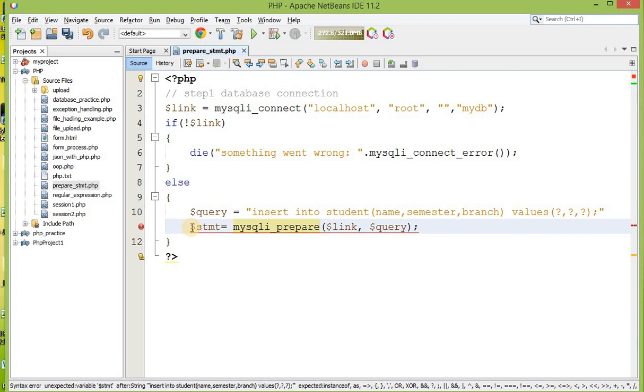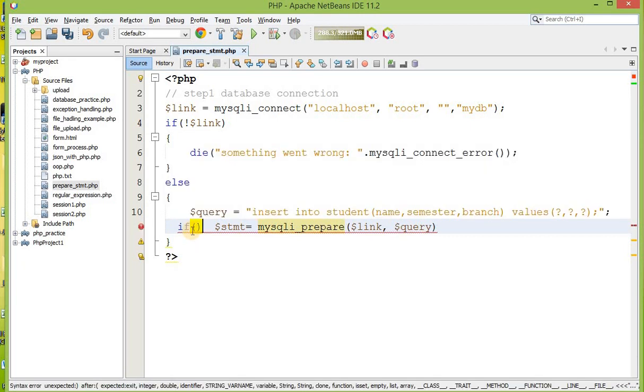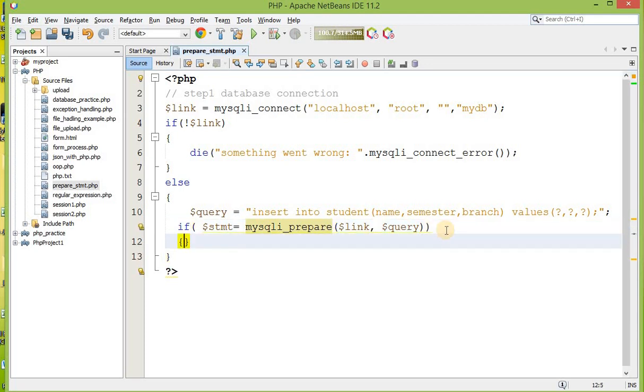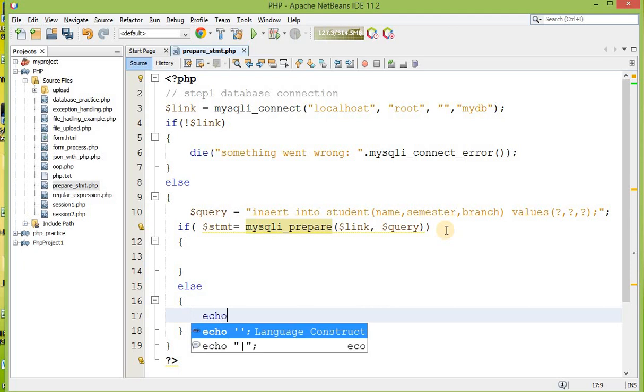Okay, so what you have to do is, over here the semicolon was missing. This method requires 2 arguments. The first one is your connection, the mysqli_connect method reference, and another one is your query. Now if this method returns true, then we will do something. Then we will execute queries, else simply put a message, echo, error